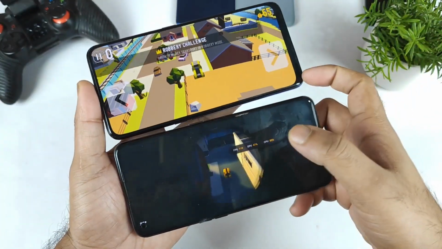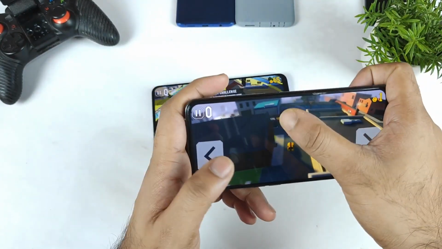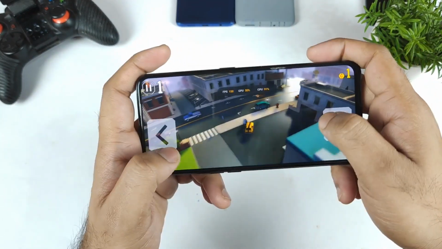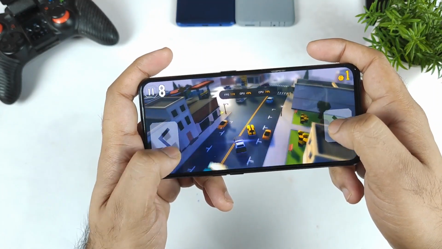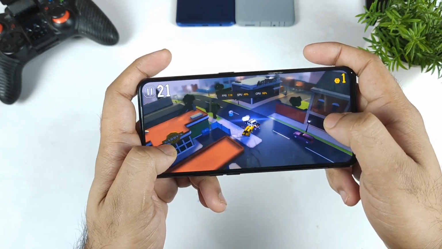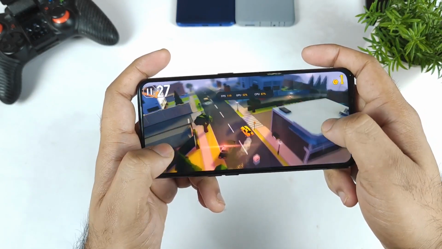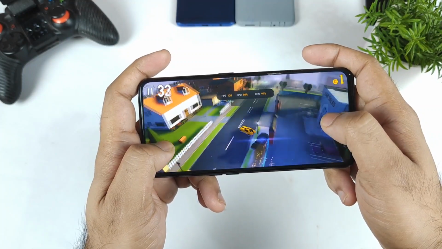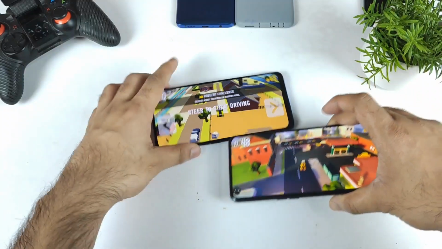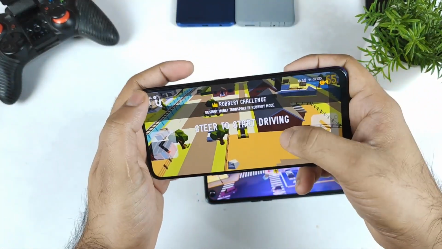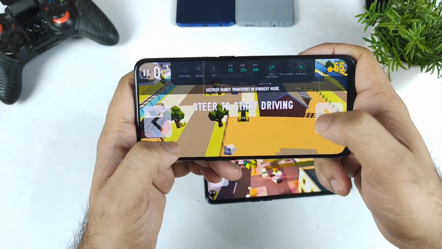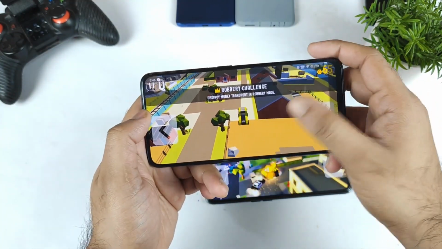So what I liked in Realme UI 3.0 is the floating FPS meter. Because of this floating FPS meter, you can see exactly what the FPS of the game running at this moment is. Right now, as you can see friends, this game is running at exactly 120 FPS and works flawlessly without any problems. In Realme UI 1.0, if you want to see the FPS meter, you always need to swipe from left or right to see it. Otherwise, you won't be able to see it. That's quite interesting.